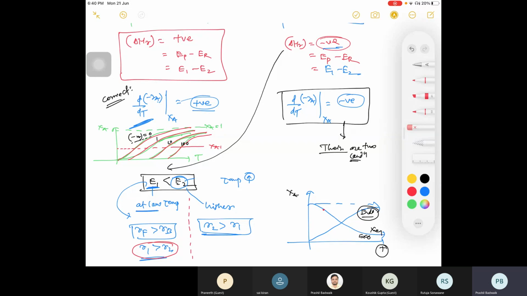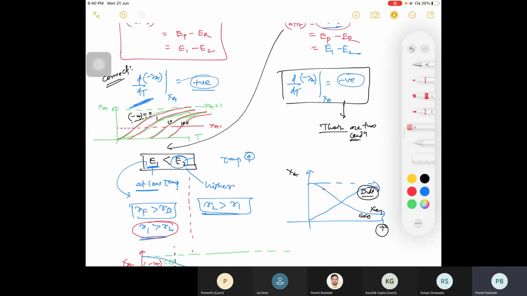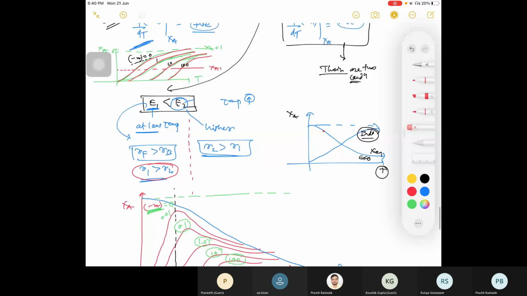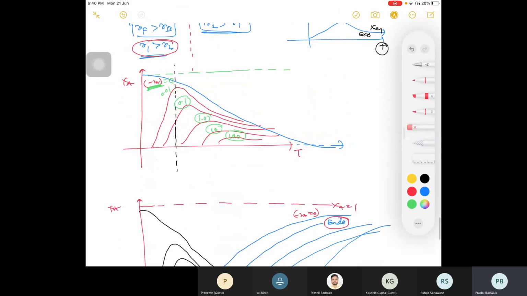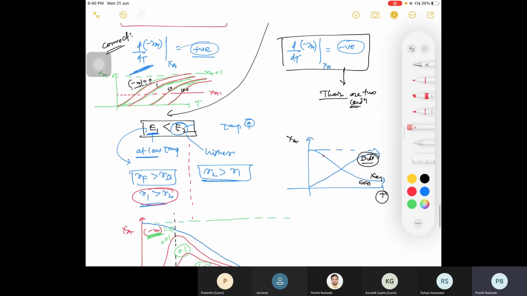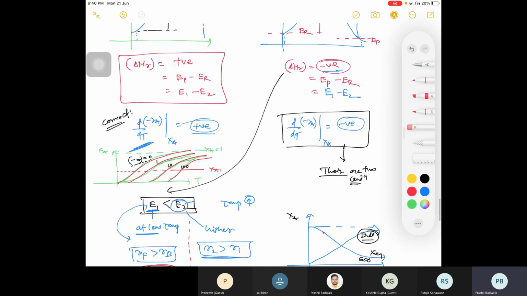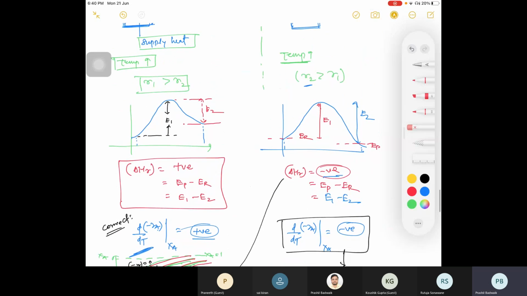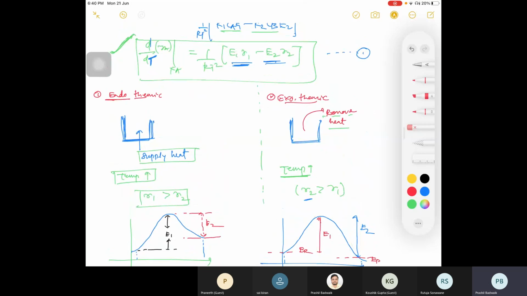Your question was good, we should have gotten that, but it is a case for exothermic only. You are getting two cases. So how would that curve look? If you are assuming that in the case of an endothermic reaction, at lower temperature E2 is dominating, you are saying, right? E2 is dominating. Where is your E2? Okay, so E2 is your dominating one.